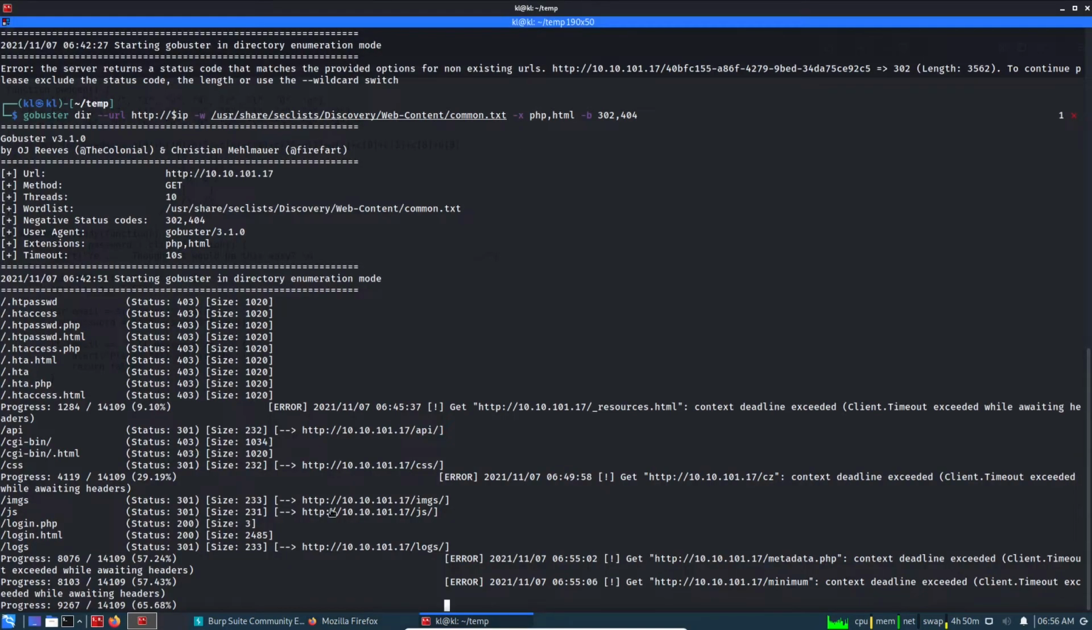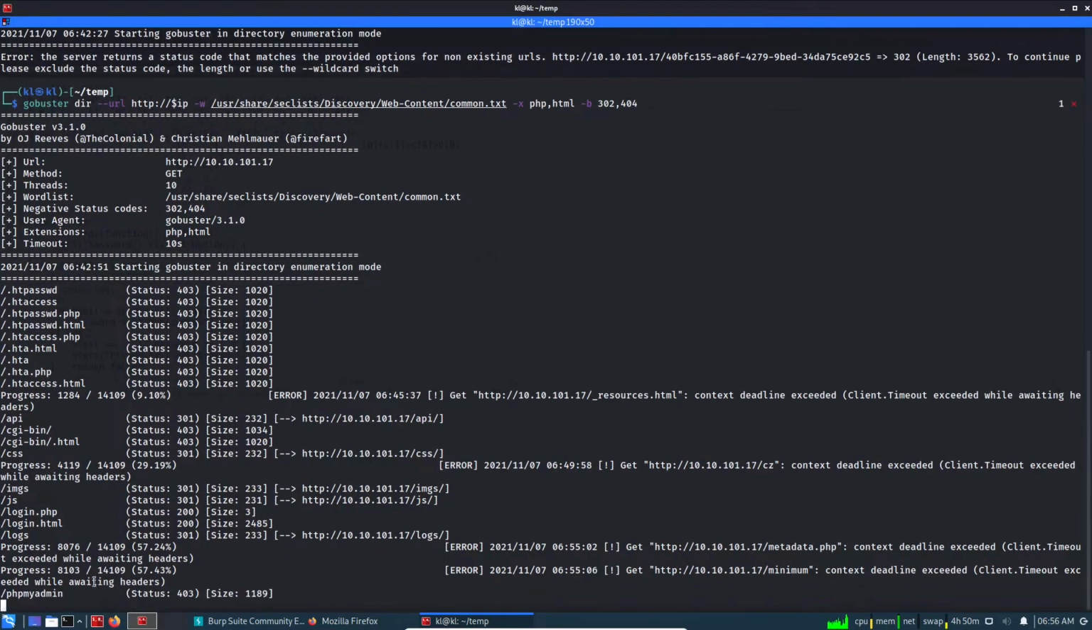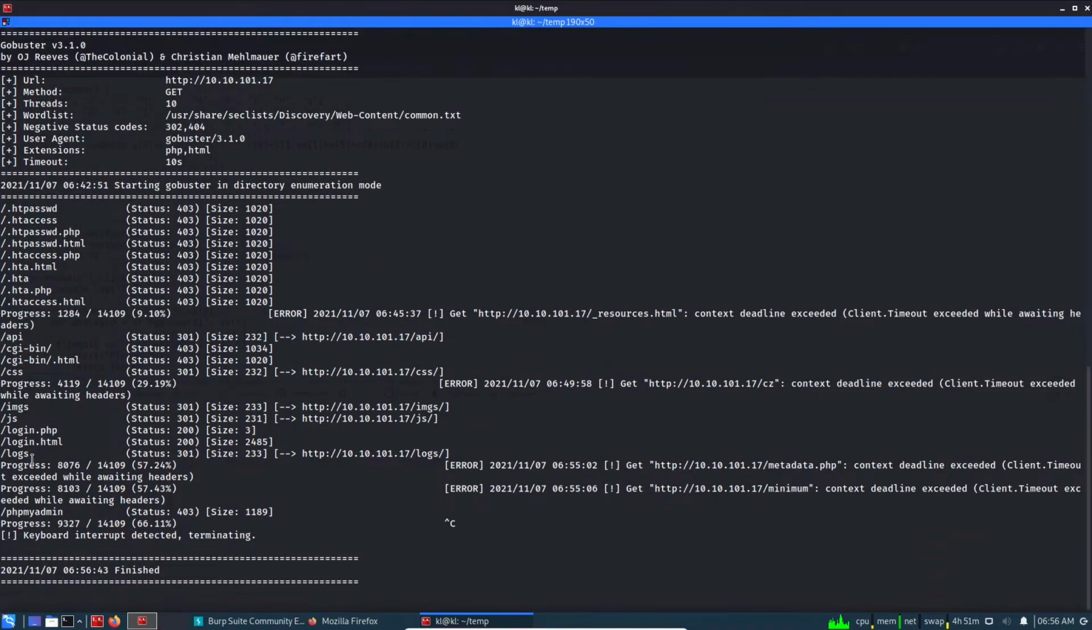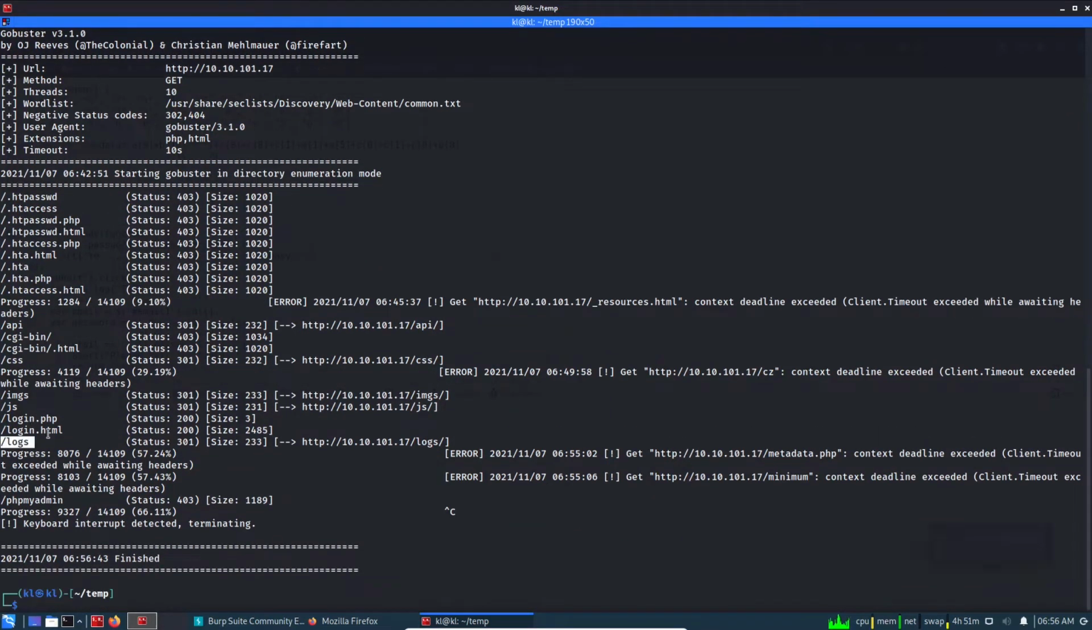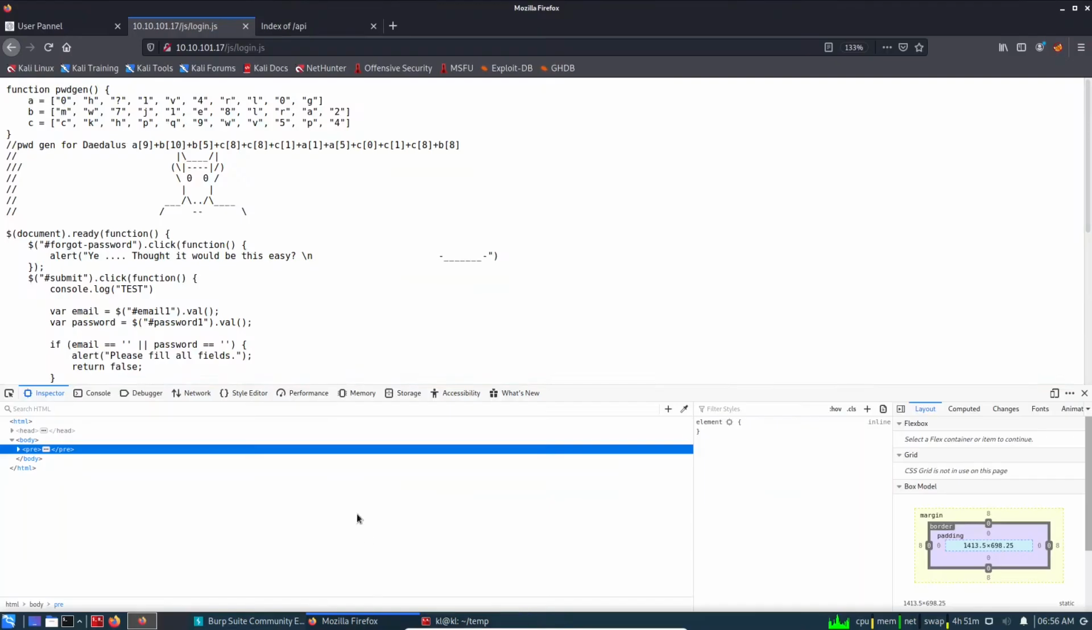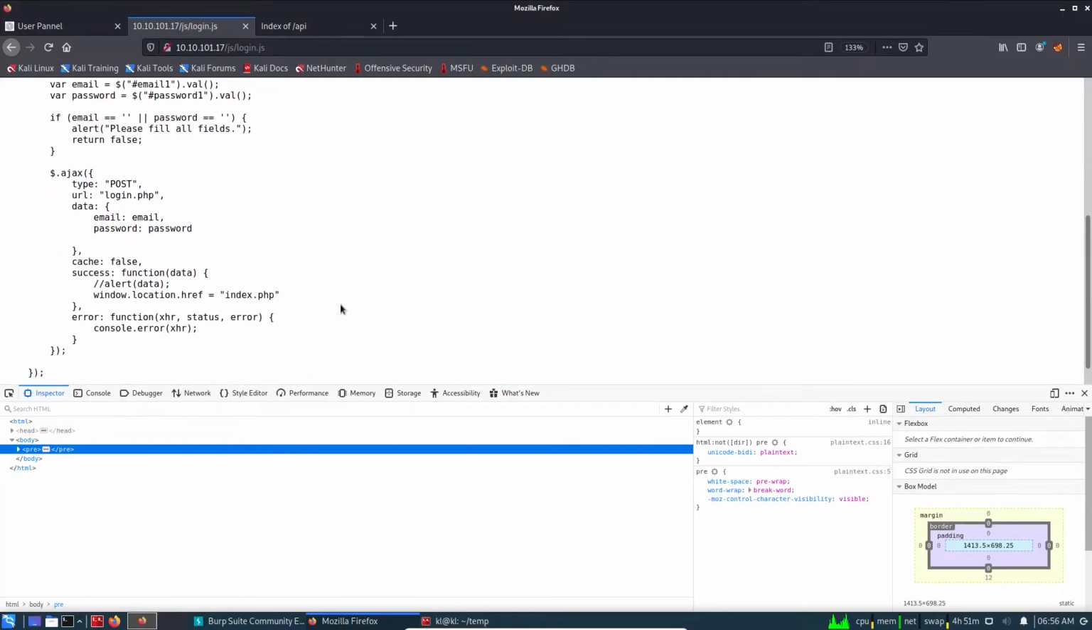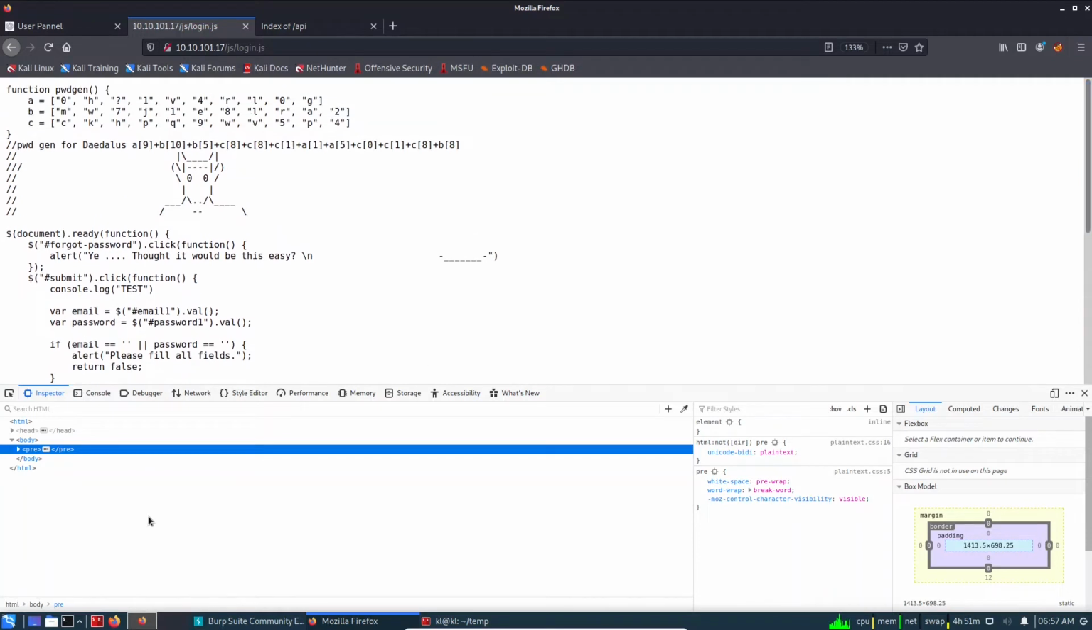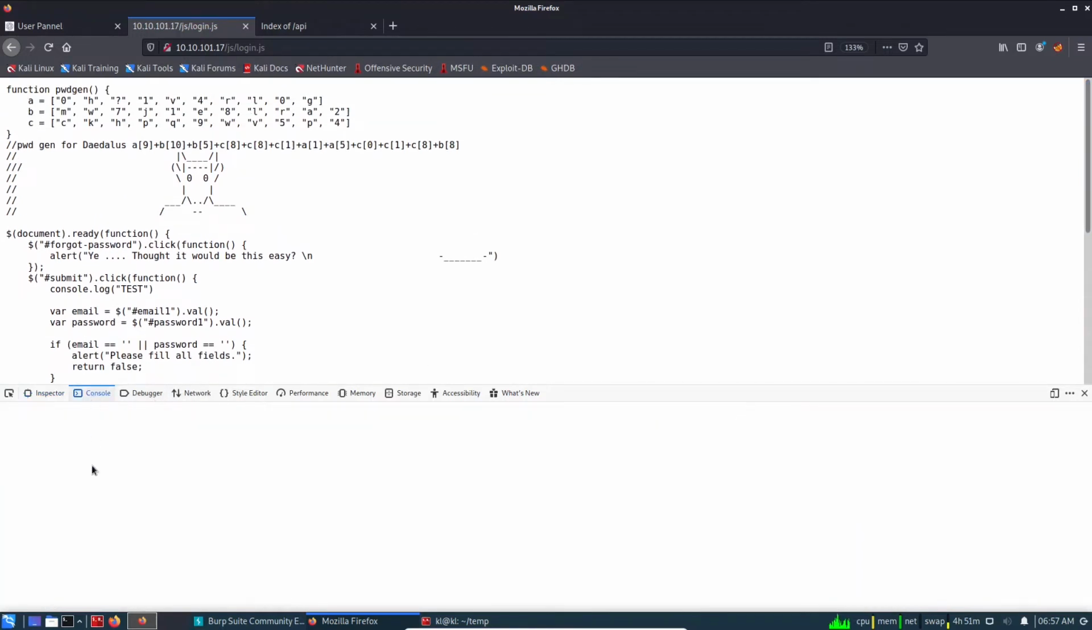And meanwhile, if I go to GoBuster, I can see more directories, and I think this is sufficient, so I'm canceling this. We can see /logs as well, and one login.php page that we have checked in the JavaScript file also, login.php and index.php here. Okay, let's check the JavaScript code in the console,